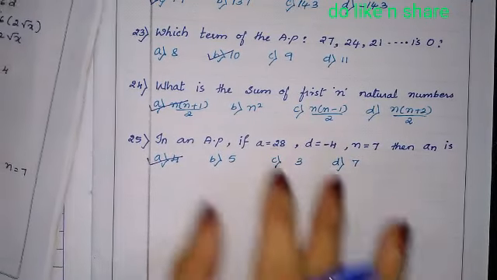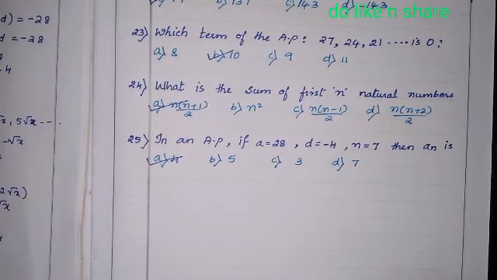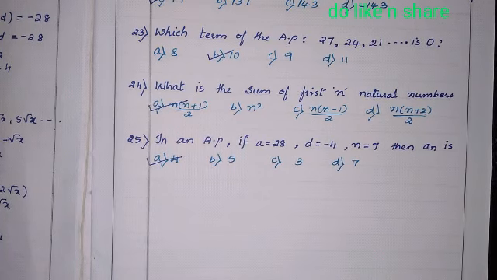So this completes the 25 questions of AP. Recently we received the model paper as well as sets of preparatory papers from different districts, from different DDPI offices. So these are the collections of problems from AP. In my next video I am going to take the second chapter, that is the triangles chapter.